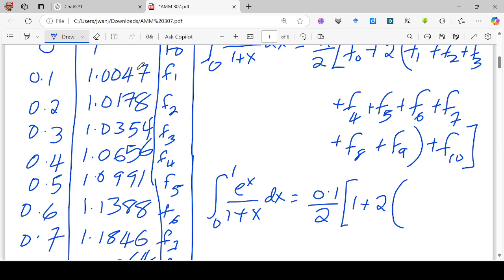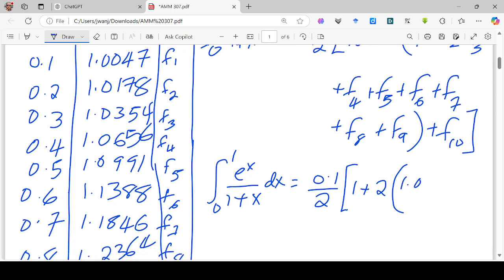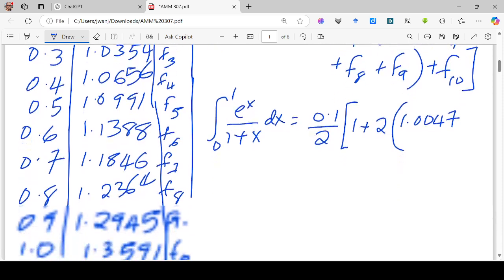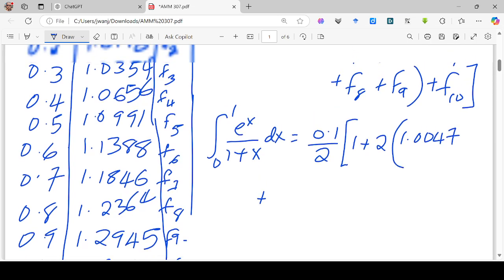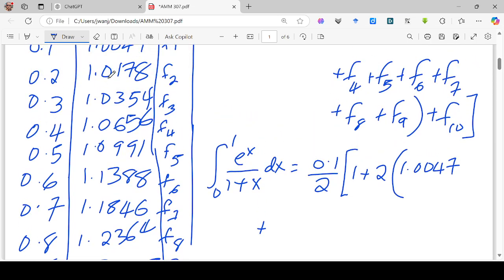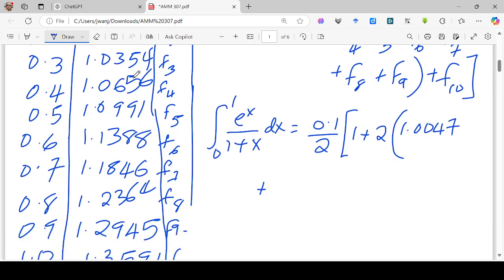So we start with f1, which is 1.0047. Then plus the next one, which is f2, which is 1.0178, then 1.0354, then plus